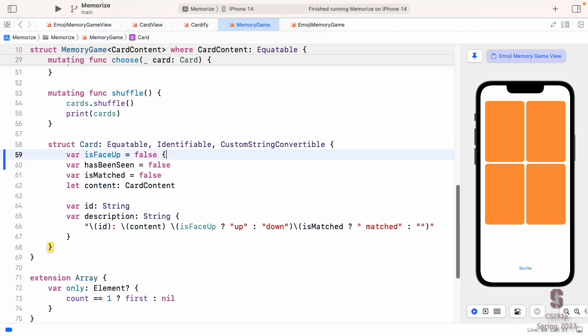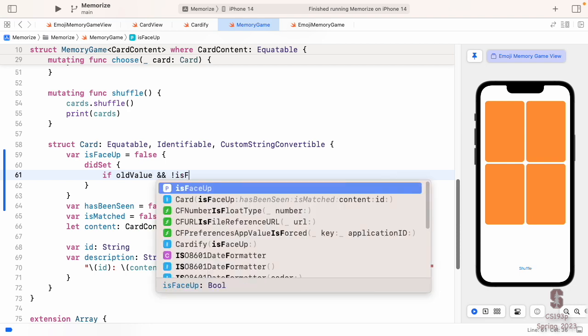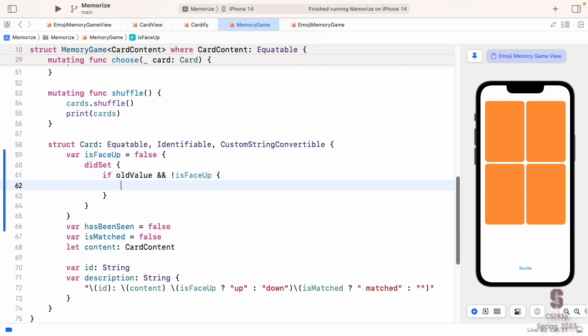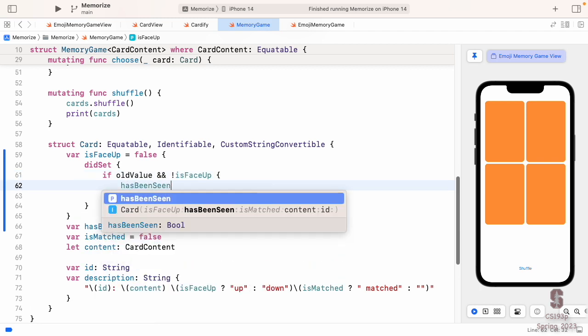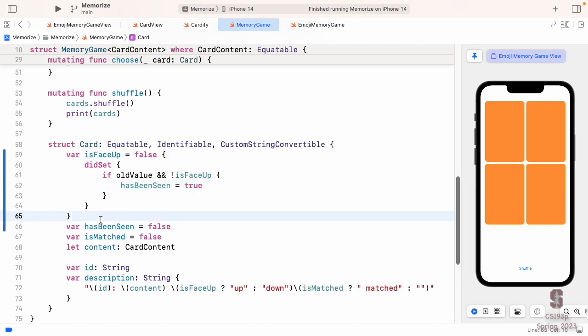So here I'm going to say in is face up, whenever you set it, if the old value was true, so it was face up, and it's now not face up, so you change it from was face up to not, then has been seen equals true. Voila, property observer, really easy to set this.